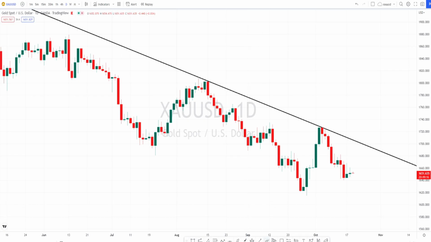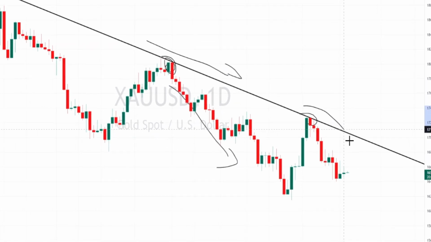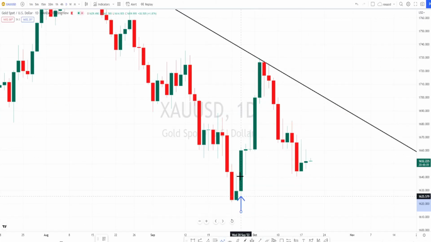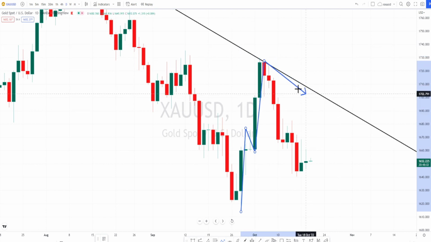I'm in daily time frame now. As we already know, the current trend of the price action in daily time frame is in a bearish trend, because we are noticing the price action to be trading below this trend line or the resistance line on the bearish side. And when we closely look at the current price action at this area, we can clearly see that it went on a bullish trend, then retraced, again it went on a bullish trend. After finding resistance on this resistance line from the daily time frame, it has fallen on a bearish trend,